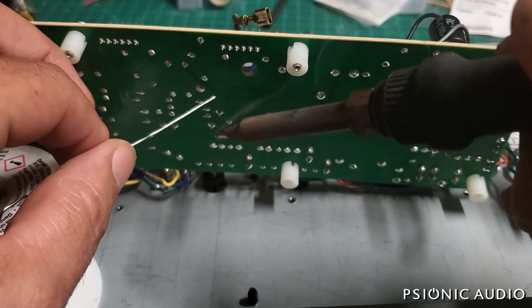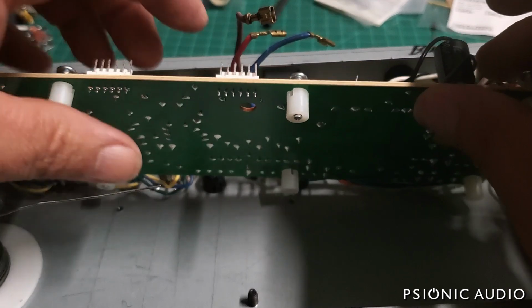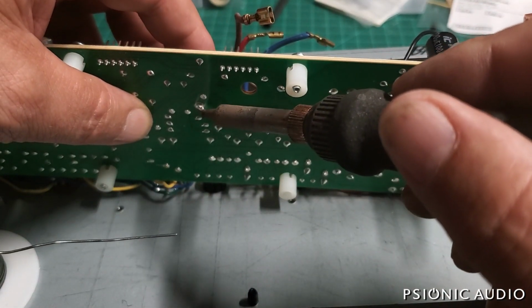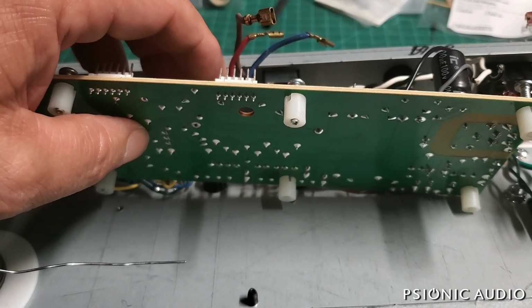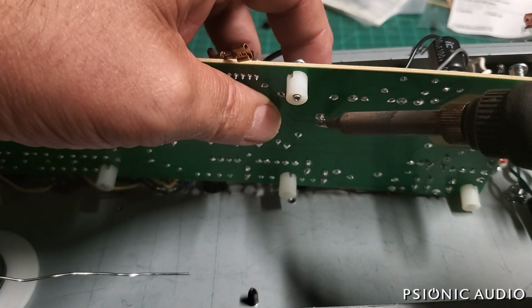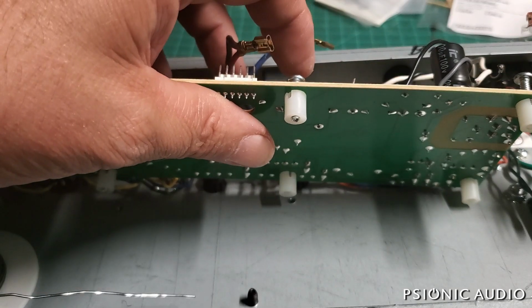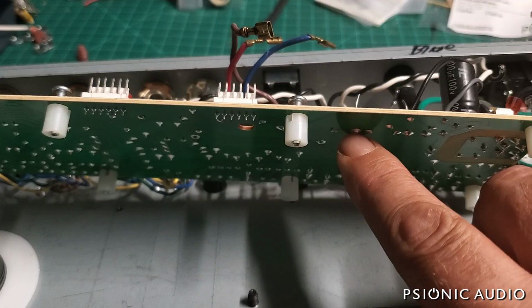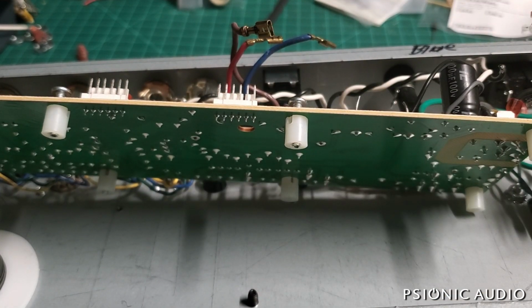So I'm just adding a little fresh leaded solder to the old solder there. This amp, I think it might be old enough that it has, from the look of it, non-leaded solder. It might just be nicer looking lead-free than Fender usually uses. Usually it's pretty gray. Anyway, adding that little bit of solder adds some flux to the old stuff, and then the old lead just pushes right through and pulls right out without any strain on these pads, because these old leads have a little J-hook at the bottom. If I try to pull up from the top, it would just rip, just make tears in the